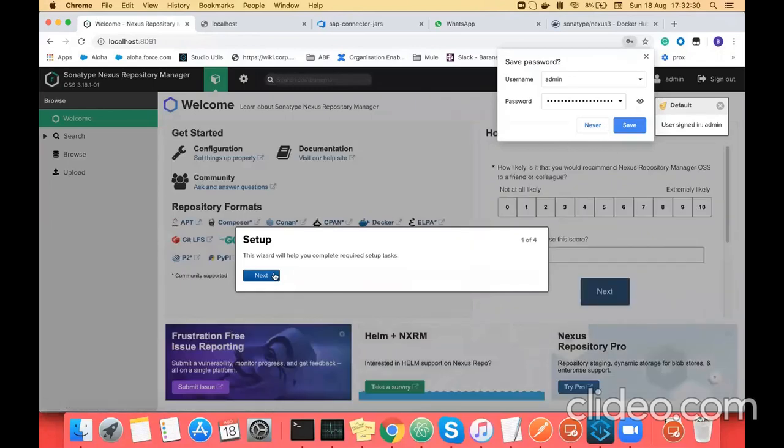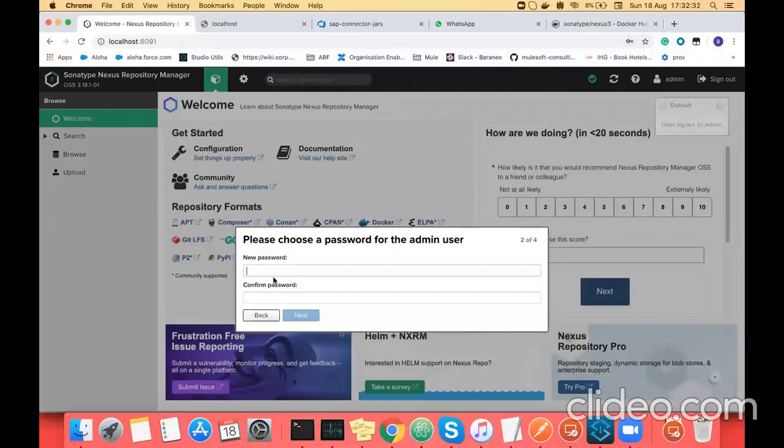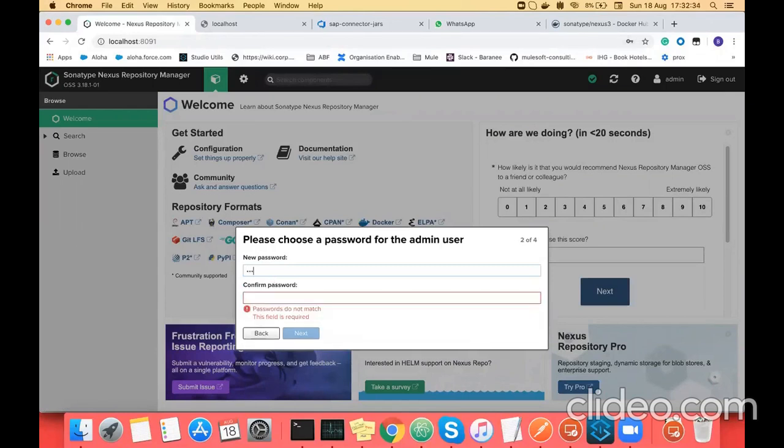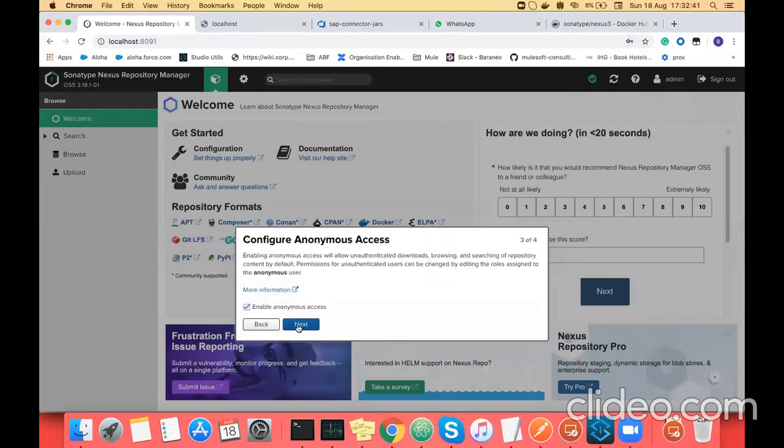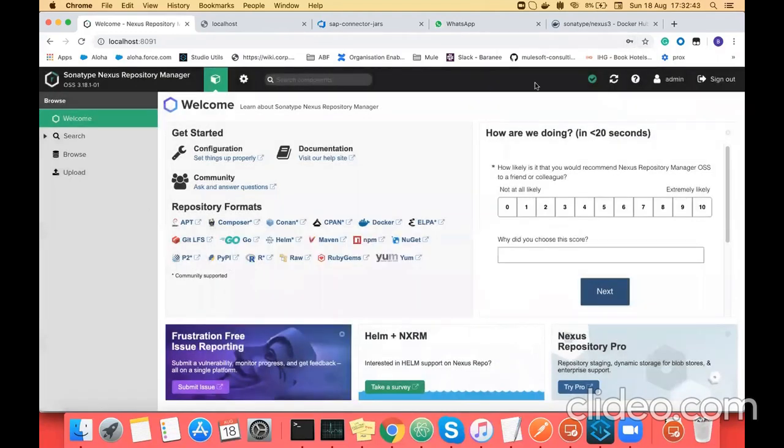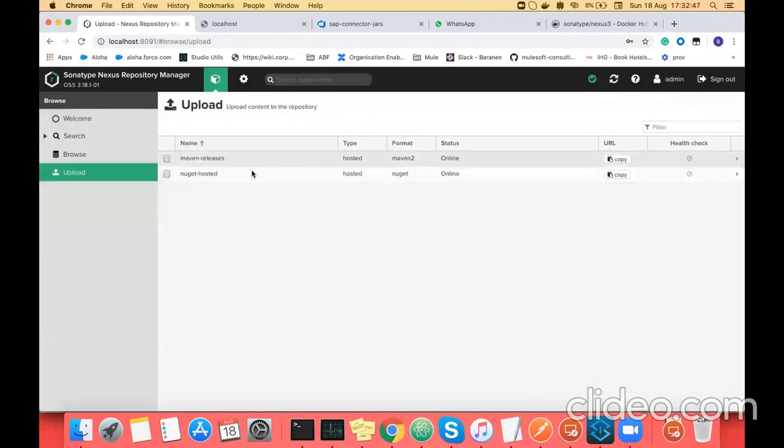It's asking, the setup will help you with the next steps. Next step is this one, where I will put my desired password. Now I'm done. I'm in as well. Now I can upload. I have two default repositories where I can upload anything. For example,